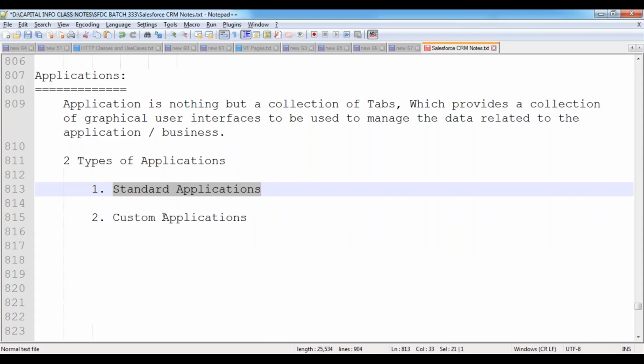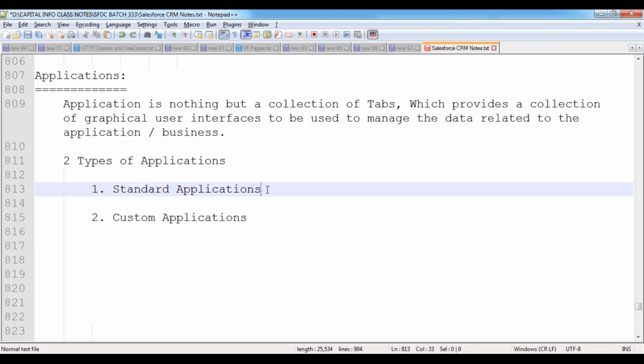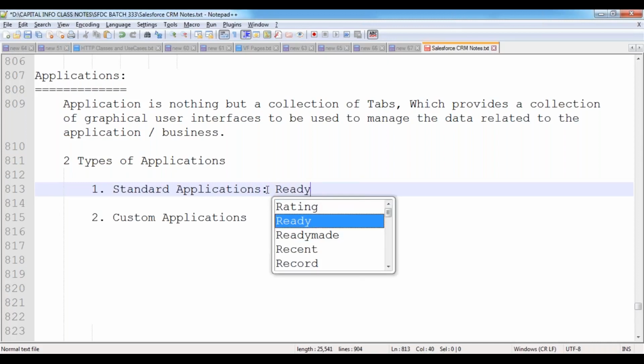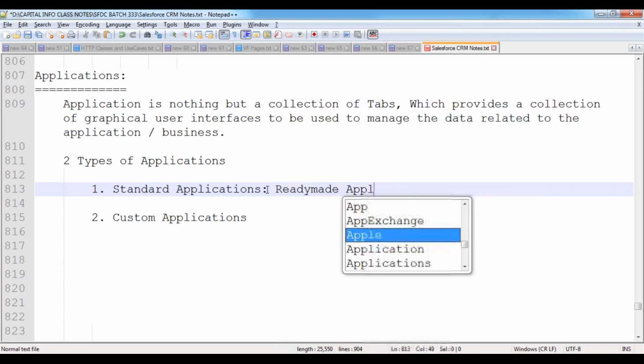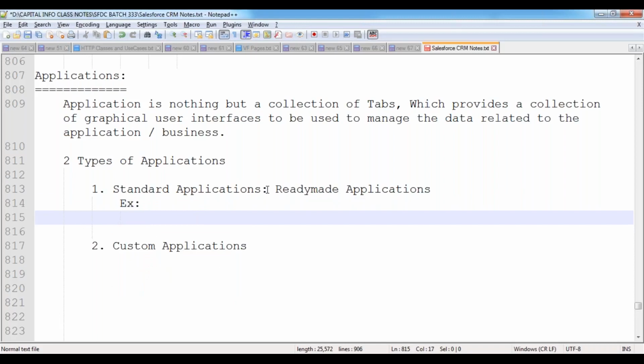What do you mean by standard? What do you mean by custom? Standard means ready-made. Standard in the sense ready-made applications, which have been given by Salesforce by default. So what are the ready-made applications given by Salesforce by default?